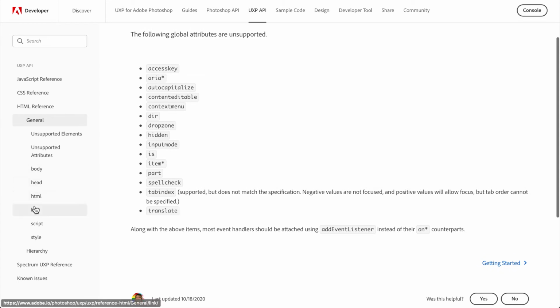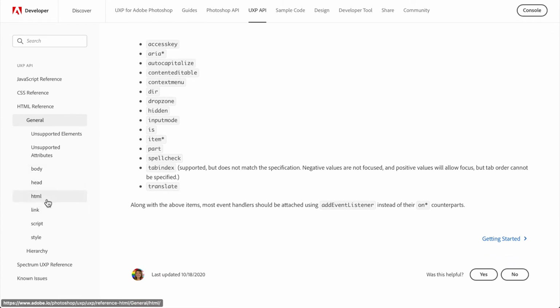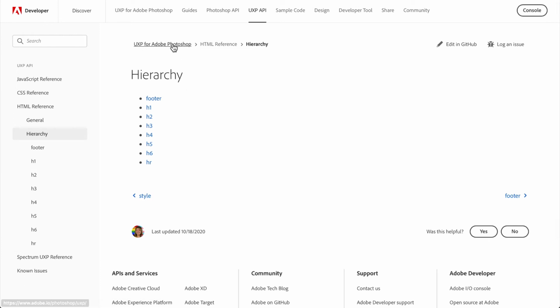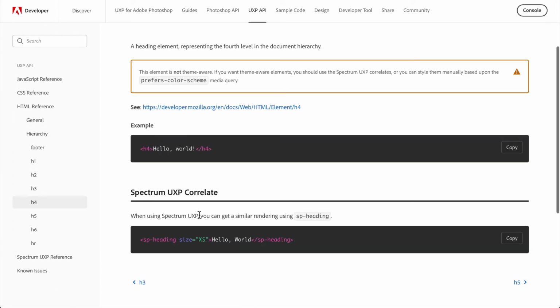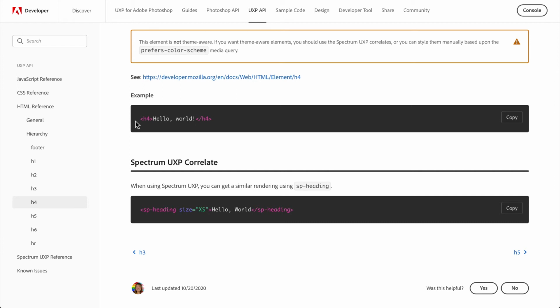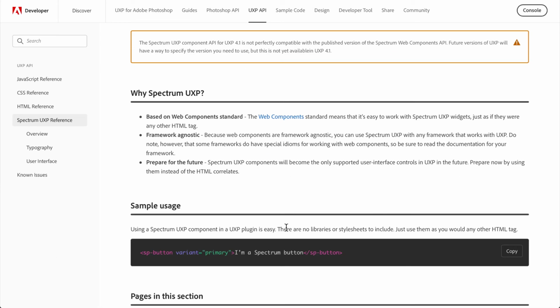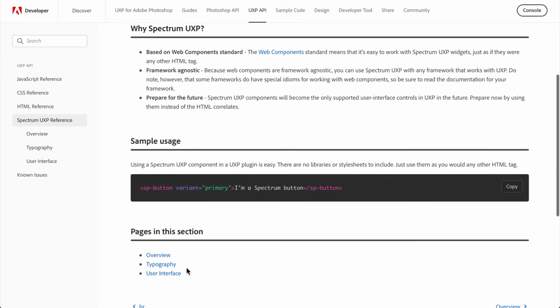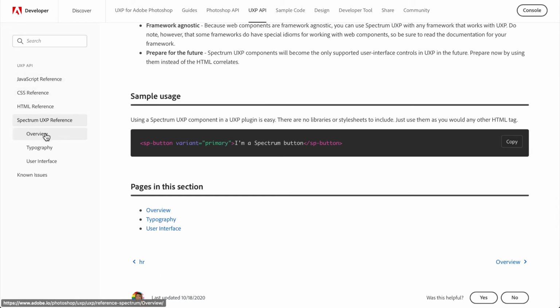And then you have all the things that are instead supported, the body, the head, the HTML link, and so forth. Hierarchy, let me pick this H4 here. They tell you that the H4 is equivalent to the Spectrum heading of size extra small. Okay, thank you. And then you have this Spectrum UXP reference because you can use Spectrum web components. They are already available without the need for you to import anything, as SP something, SP button, and so on and so forth. So let's see what's in there